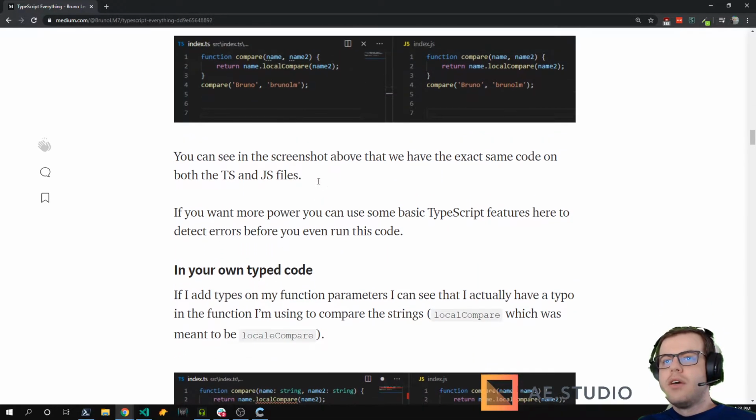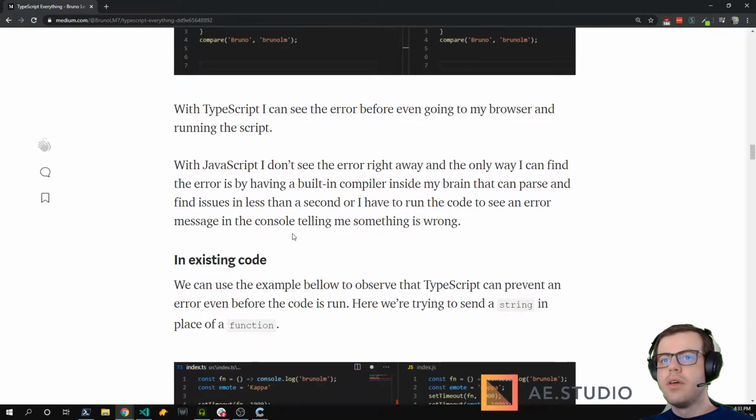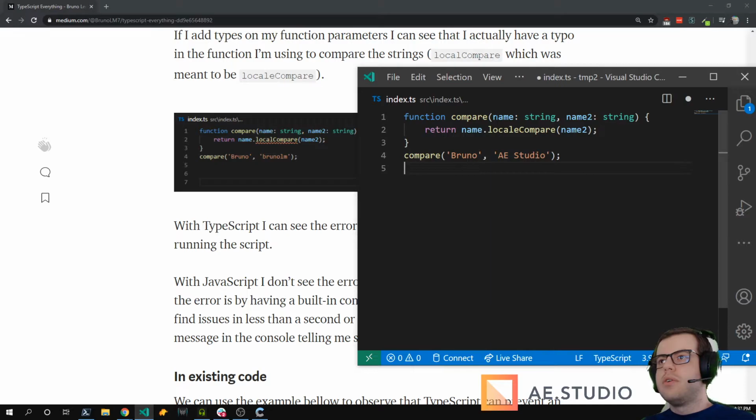Yeah. So here I showed one example on the type string, but you can also type your own stuff. So when you use your own types, you can catch errors there. If I try to pass a number instead of a string, I can see the error here already. And if I don't have this type, then I don't see any errors. I have to read the code, understand what it's doing to find the error. So in short, it takes longer for you to figure out what the errors are.